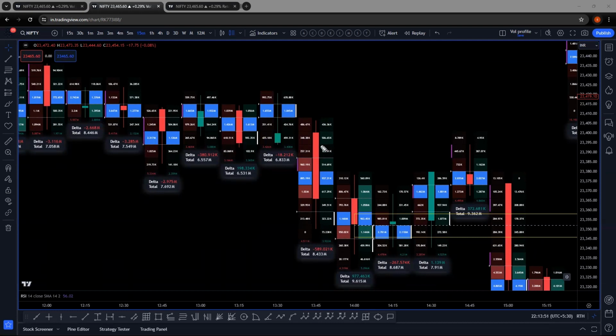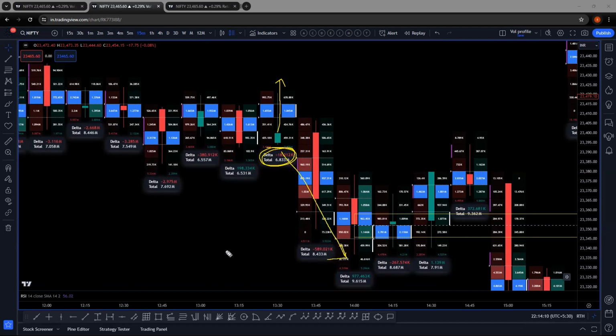But in that, what happened was there were net sellers in the market. So what did the smart money do? It pushed the price higher. It trapped all the retailers and they sold. The smart money sold here. And then the market started to fall immediately.